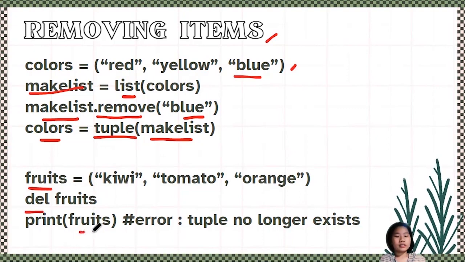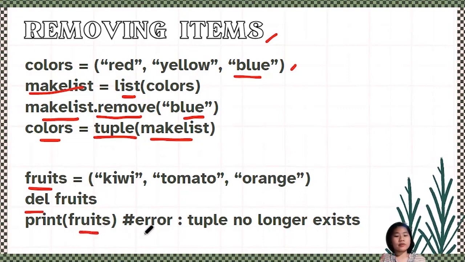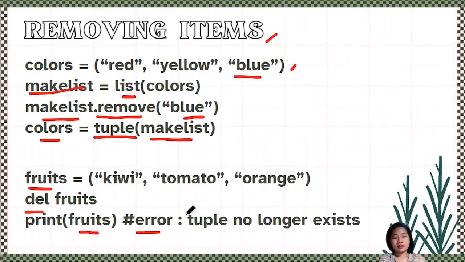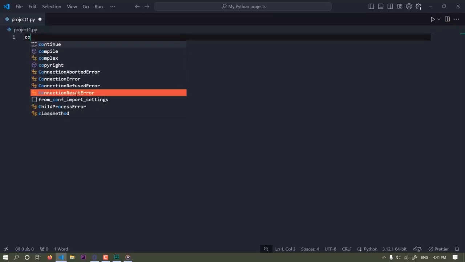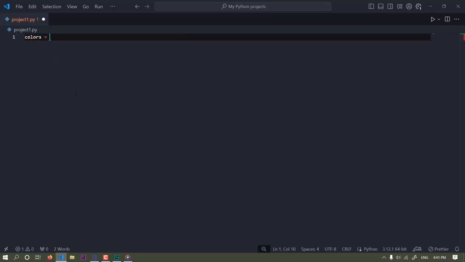Now you can certainly delete tuples, as I've done here with the fruits tuple. Now if you try to print it or you're trying to work on it somehow, it will return an error saying that this tuple no longer exists. Now let's make this quick. I'm going to create a tuple called colors, and let's have a lot of things in here. We have brown, pink,